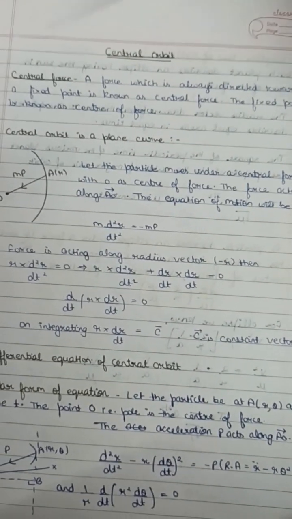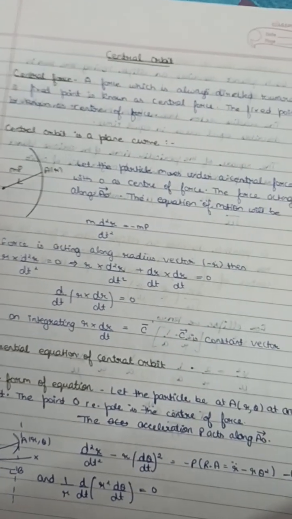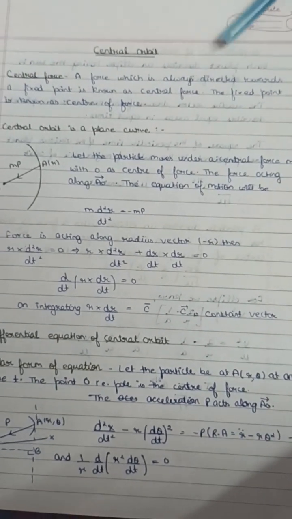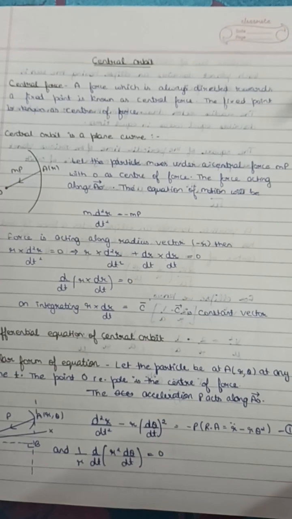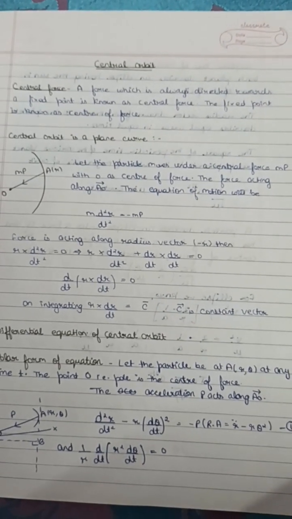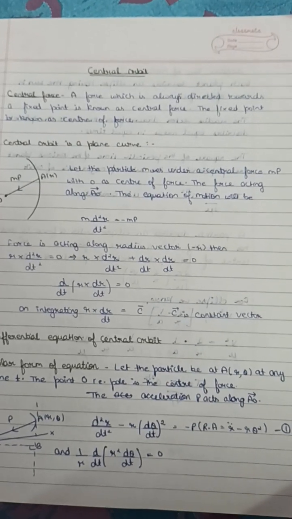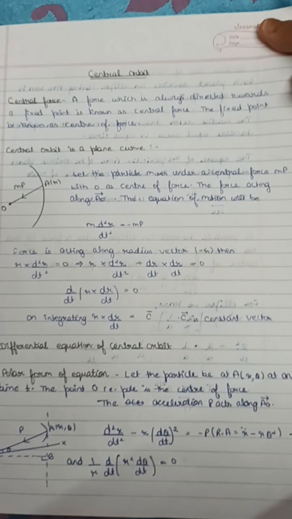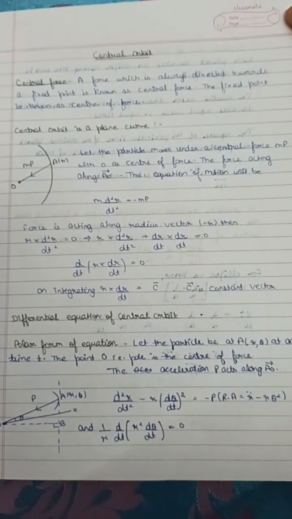सेंट्रल ऑर्बिट। सेंट्रल ऑर्बिट टॉपिक पढ़ने से पहले हमें पता होना चाहिए कि सेंट्रल फोर्स क्या होता है। A force which is always directed towards a fixed point is known as a central force. मतलब कि एक ऐसी फोर्स जो कि किसी फिक्स्ड पॉइंट में हमेशा डायरेक्ट होती है उसे कहते हैं सेंट्रल फोर्स, और फिक्स्ड पॉइंट जो होता है उसे हम लोग कहते हैं सेंटर ऑफ फोर्स।